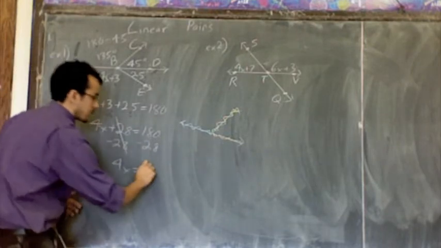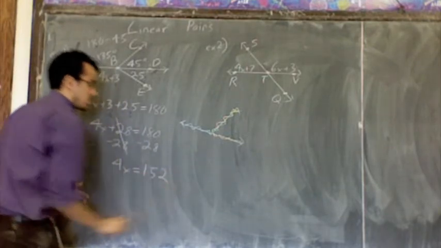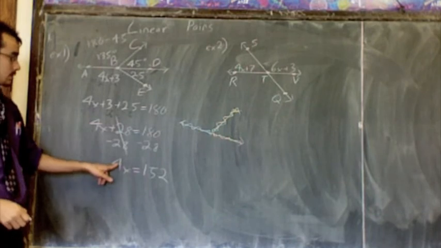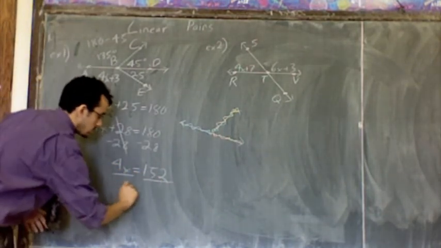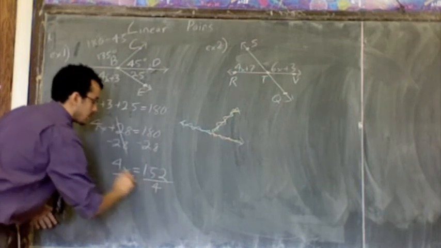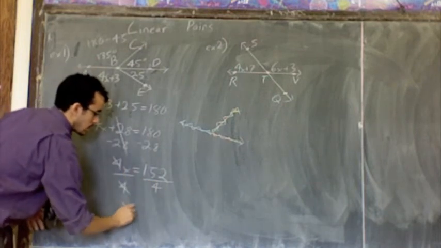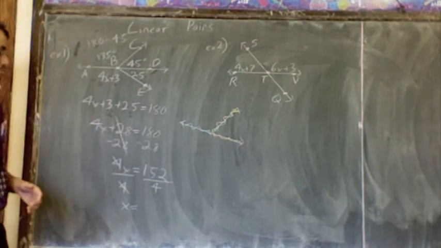180 minus 28 should give me 152. And then my last step, since this was 4 times x, I do the opposite. I divide by 4. And that should give me my answer. I'm going to find out that x happens to be,